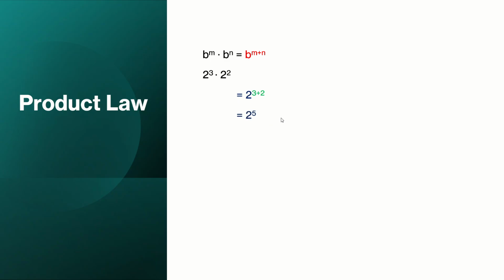What we're going to do now is multiply the base within the exponent. Therefore, 2 times 2 times 2 times 2 times 2 equals 32. Another example is x^5 times x^4. Since x has the same base, we keep the base and add the exponents. Therefore, x^(5+4) equals x^9.